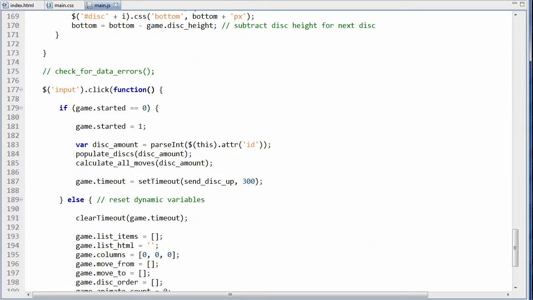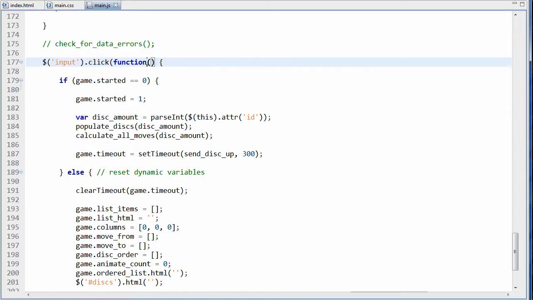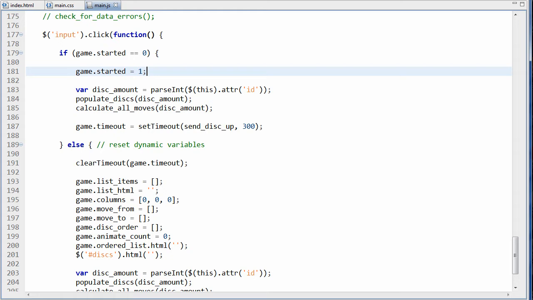The way the game starts now is when a user clicks on a button. So I have input and then bind on the click handler, and that's passed this function. And the function is if game.start is equal to 0, which means no one has played the game yet, then we set game.start to 1. And after that, disk amount is set to, we go to this adder ID, so which input did they click on? So we select the one they clicked on with this, and then we grab the ID attribute, and you'll see